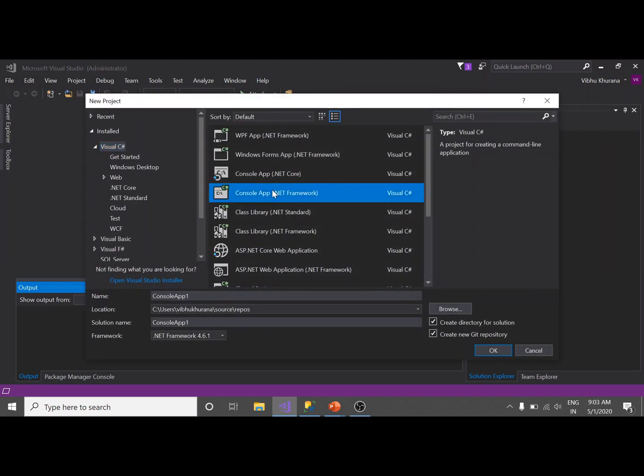Type of the project should be console application, and let's give it a name. Save it.